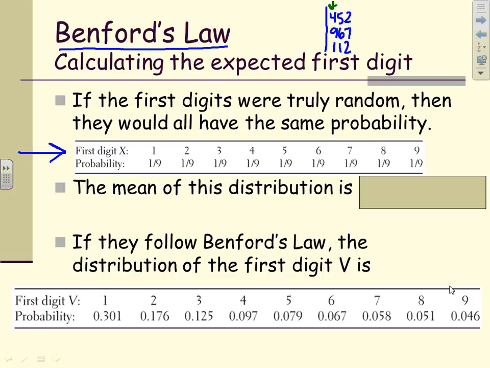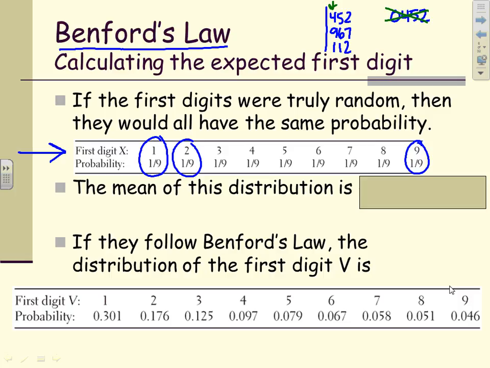If we were to say that these digits were truly random, then we would expect all of them to be equally likely, meaning that we'd have a 1, 1/9 of the time, a 2 as the first digit, 1/9 of the time, etc., all the way up to a 9, 1/9 of the time. Now you might be a little confused, why aren't we thinking about 0? Well, no one writes 0,452, so it's weird to think of having the first digit being a 0. We don't really think that way, so we can just ignore a 0.